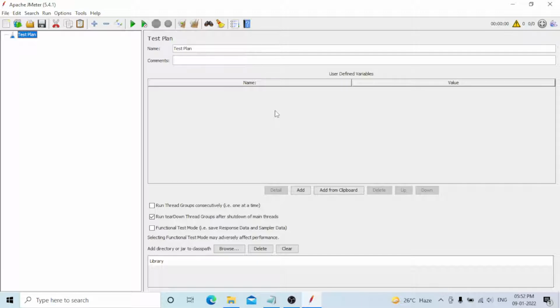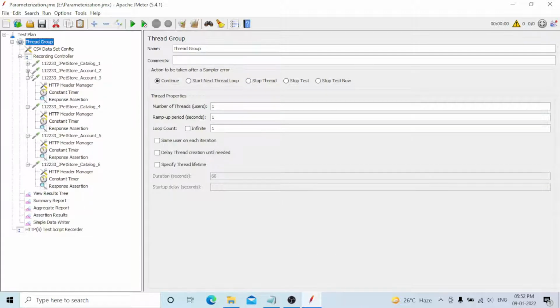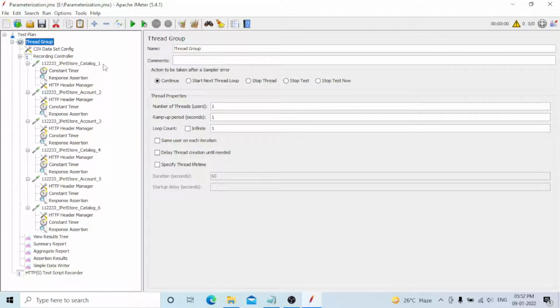I will go to File and open this file. The script is the parameterization file. First I need to open it and see what flow I will take.